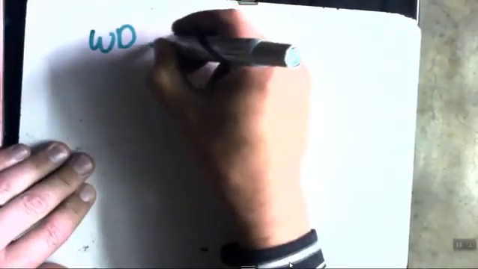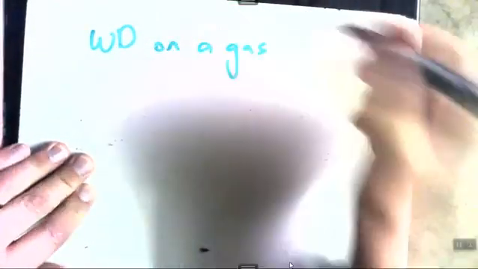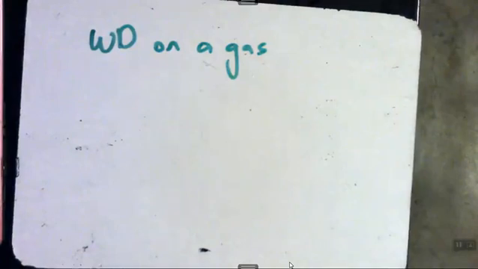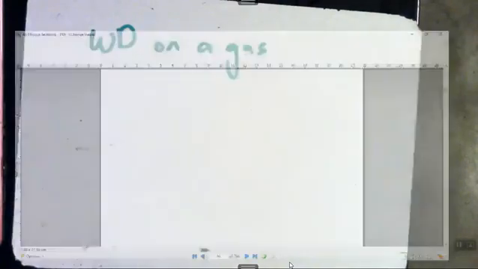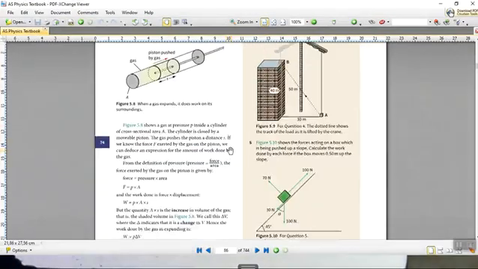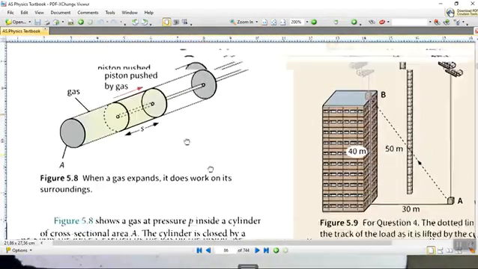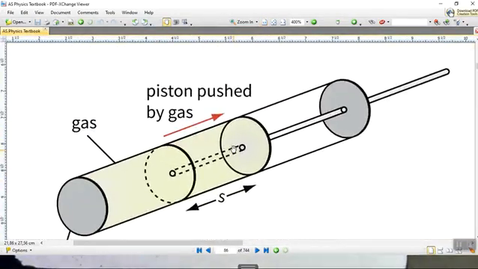Good day guys, I'm quickly just going to explain 4 things that I haven't covered in all the other videos for work, energy, power. The first thing is work done on a gas. Now you will find this in your textbook. If we go to your textbook, it's on page 74, and it basically describes the work done in pushing